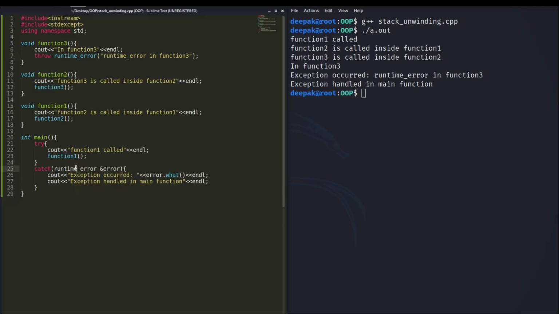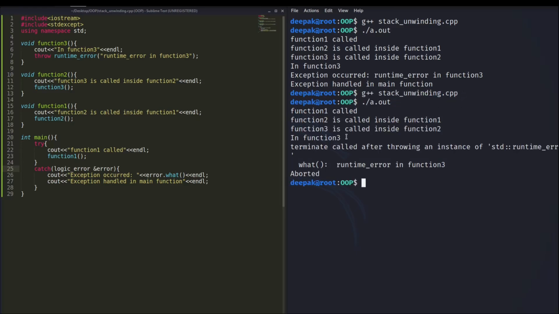But let's suppose we don't have any such exception handling in this and we have only logic error. So what will happen? Try to compile this program and see the output. You can see "terminate called after throwing an instance of std::runtime_error".